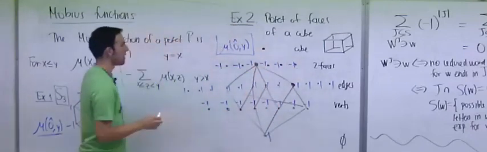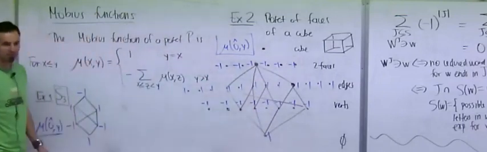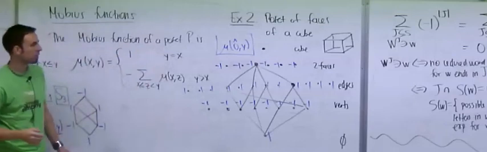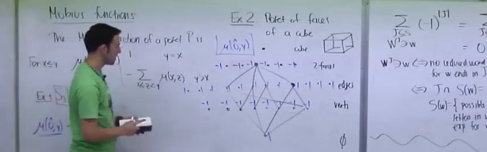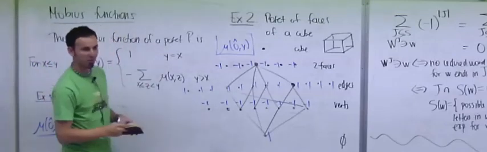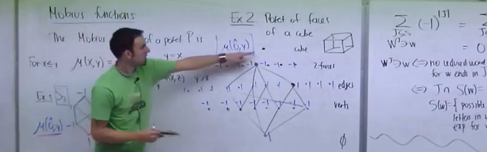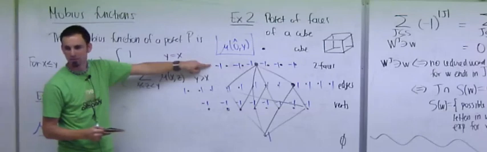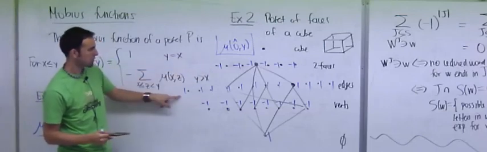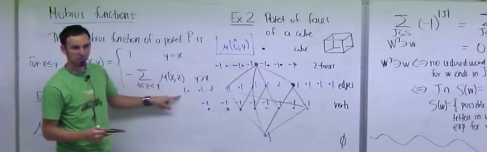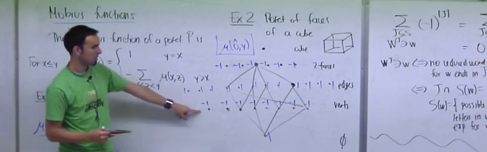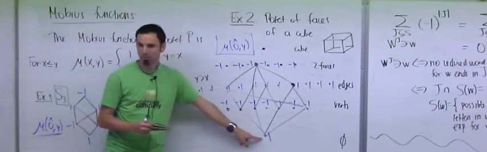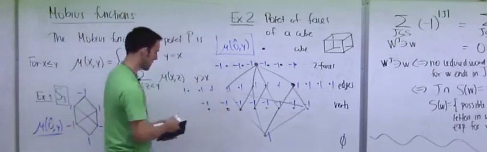Okay. What about for the top guy? Well, the top guy contains everything. So, I don't know, is our pattern going to break here? Let's see. You add up 6 two faces minus 6 plus 12 edges plus 6 minus 8 minus 2 plus 1 minus 1. So we get a 1.